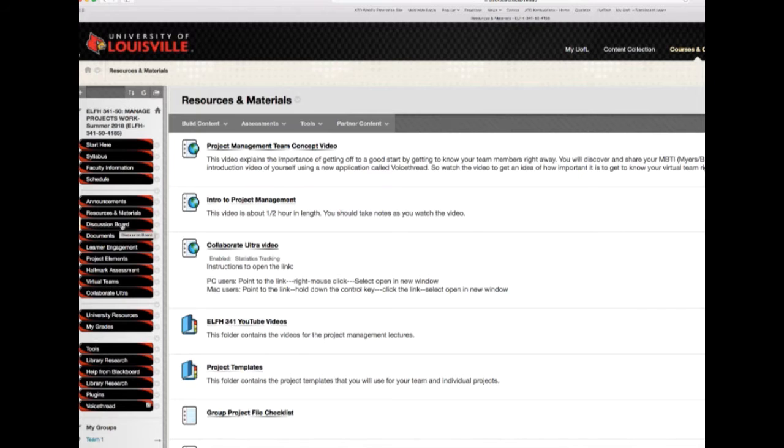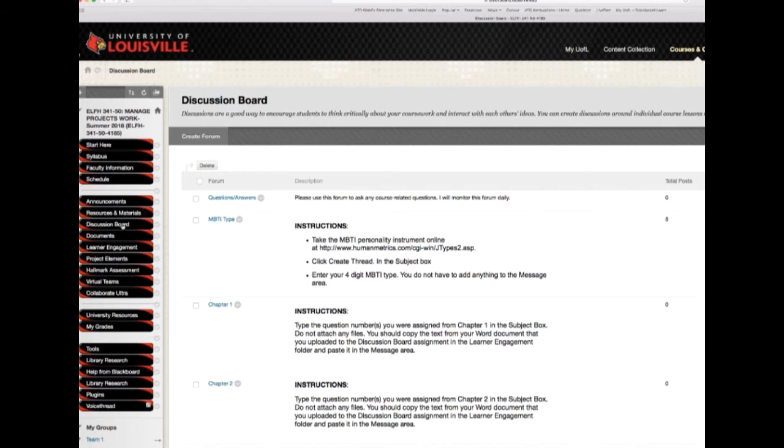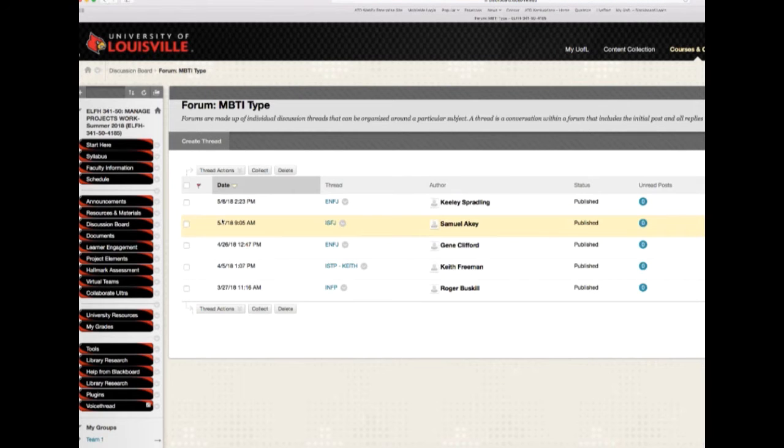So let's go look at the discussion board. That's going to be an assignment for this semester. There is one discussion board where you put your MBTI type. There are the instructions. You just take that particular instrument. It's not a test, it's called an instrument. So you copy and paste this address into your browser, and after you go through the instrument, it will give you a 4-letter type. Open the forum and